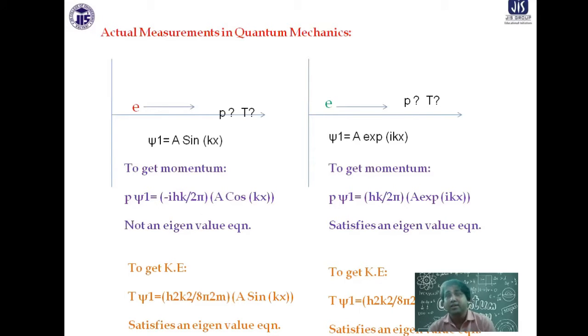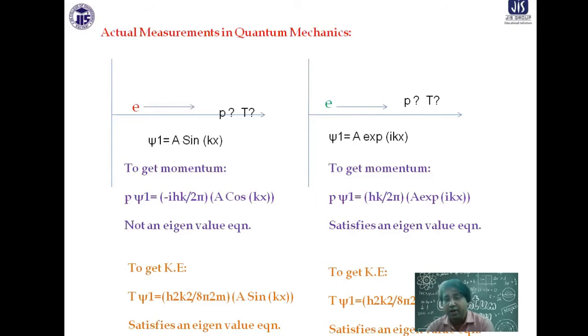So in the first case, if p operates on psi 1, you are doing a first derivative of sine. So it becomes minus h cut k, and the sine becomes cos with a k in front. So minus h cut, meaning h by 2 pi, and cos function. And for kinetic energy, you have to do a double derivative. So sine will become cos, and cos to sine with the minus k square. So it becomes minus T psi 1 equal to h cut square k square by 2m and the sine